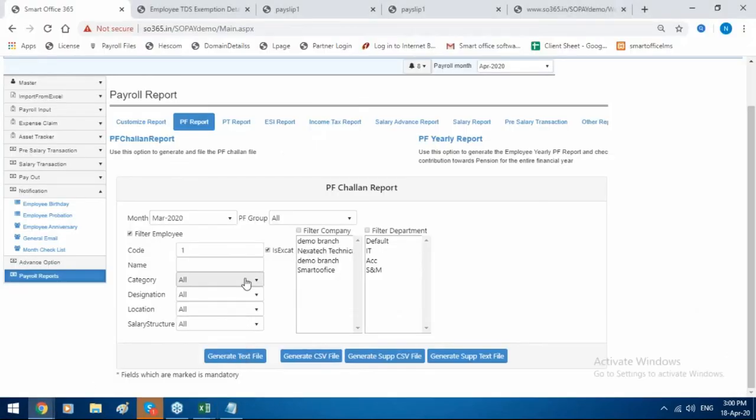Like here is a report, so you can generate the text challan report. Also, you can upload.